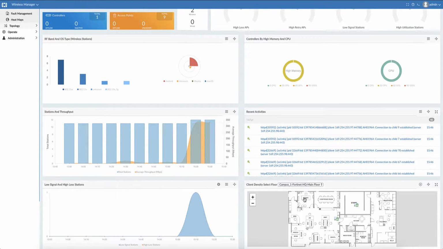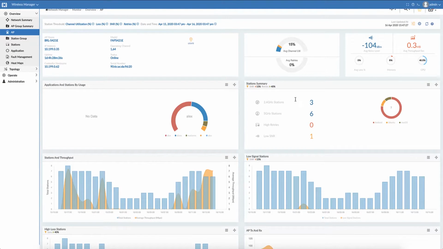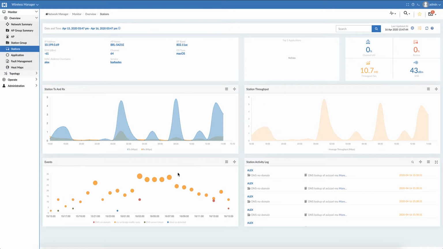Network Summary allows admins to quickly identify issues, giving a station summary in terms of operating system, radio band, weak signal, packet loss and retries, wireless throughput, and so on. Then detailed AP and station views zoom in on a specific AP or station in order to get much more detail and information. Also, we can see a station event correlation, highlighting potential sources of issues.